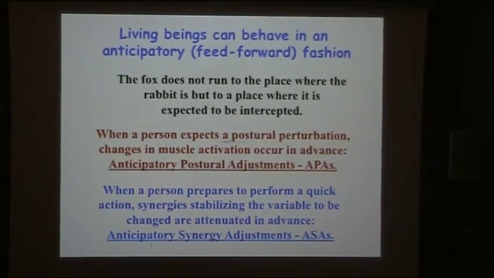Arm forward. So in a way, my brain is smart enough to understand that in anticipation of this movement, something has to be done with the activation of leg and trunk muscles to make sure that the posture is preserved. So these are called anticipatory postural adjustment. But I am going to introduce one more notion, which is probably less known, that when you prepare to perform a quick action, synergies stabilizing the variable that you are going to change in this action are going to be attenuated, decreased in advance. I'm going to call it anticipatory synergy adjustments, and I'm going to introduce them very, very